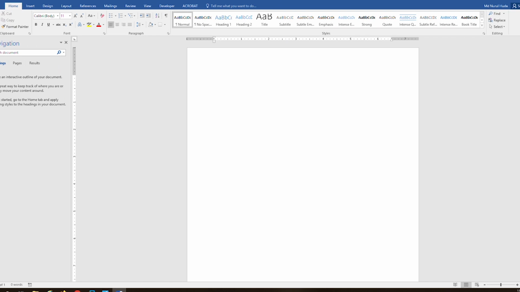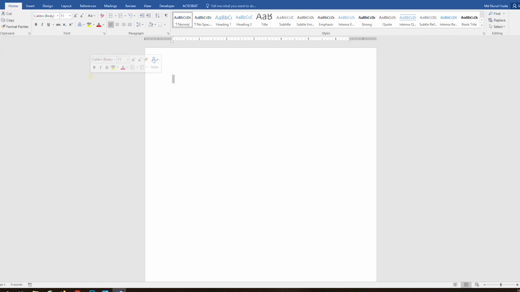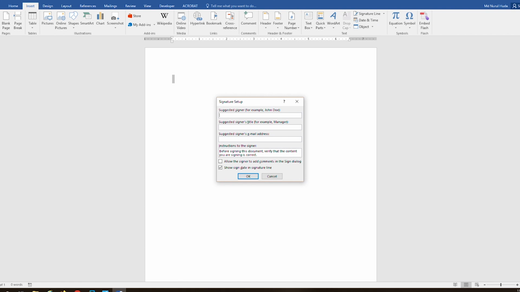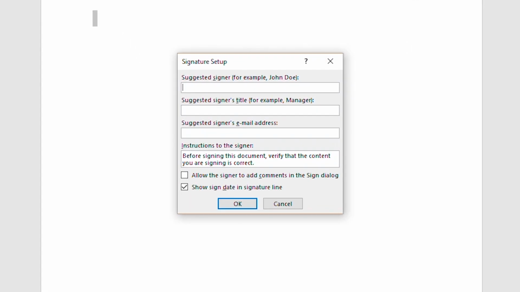I will maximize it. If I go to the Insert menu and then near the date and time and object icon, there is an item called signature line. I will click on signature line. I will type in the signer name, so